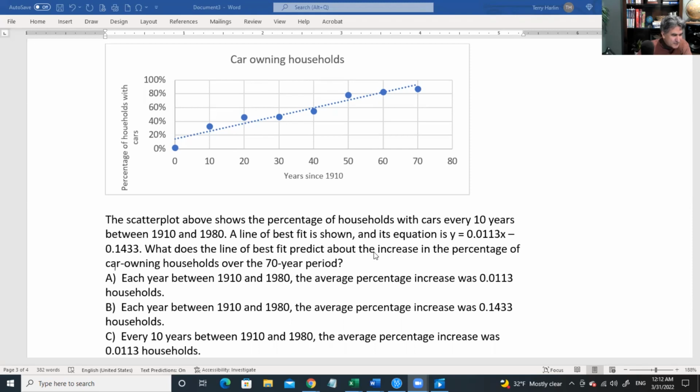What does the line of best fit predict about the increase in the percentage of car owning households? And that is what our y-axis is labeled as, over the 70-year period from 1910 through 1980. Yeah, it stops at 70 years after 1910. Okay, this is actually very easy. There's a lot of extra stuff on here and things to make you think about this or the other. But